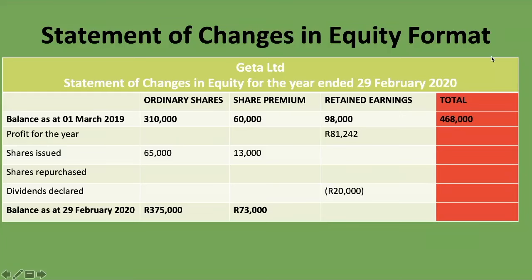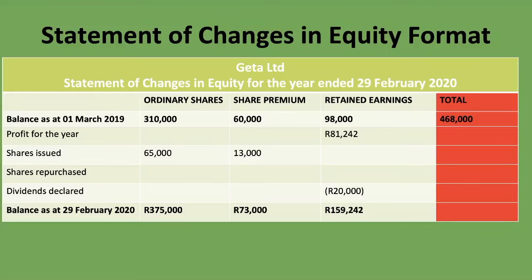rand. So we're going to put 20,000 rand as a negative under the dividends declared row, because we're issuing these dividends to our shareholders. That means money is leaving the company's account, or we're using our profits to pay it out. That's why we're putting it as a negative. It's reducing our retained earnings, or the profits that we made during the period. Now we're just going to sum the 398,000 rand plus 81,242 rand minus the 20,000 rand, and it gives us